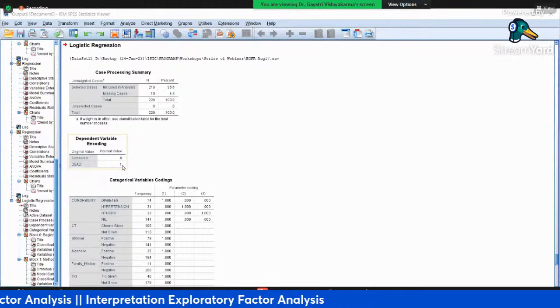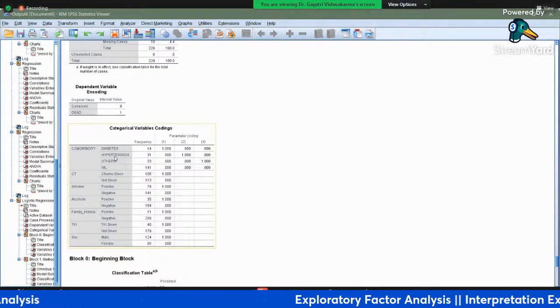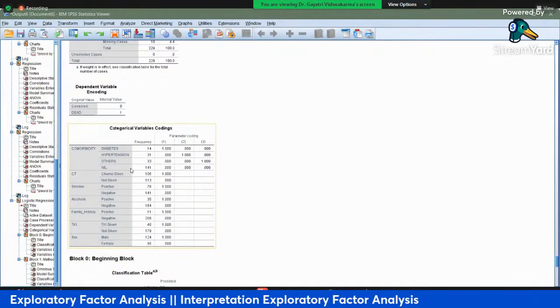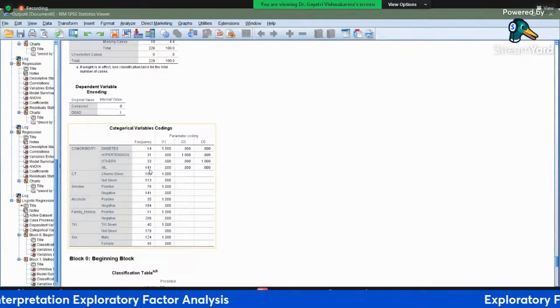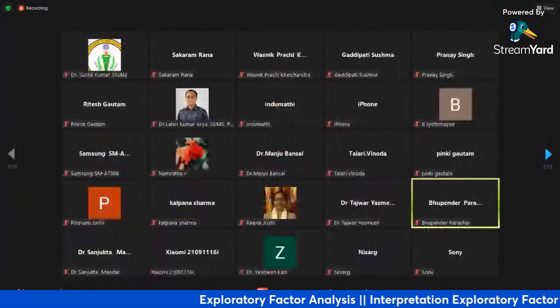So we have diabetes, hypertension, and other comorbidity, and those who are not having any. So 141 people are not having any comorbidities. 33 are having different ones which we are not talking about, but as per the literature, because we want to highlight diabetes and hypertension, we have taken those. Okay, so the nil category can be a reference category.